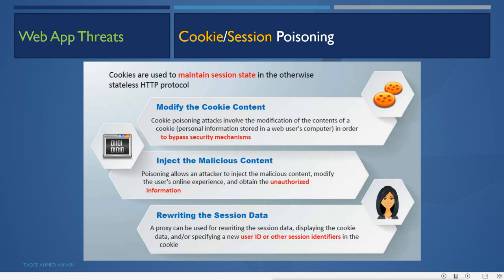Now when the user sends a request to the server, it goes first to the attacker machine, and with the help of Burp Suite type software, the attacker can see the request and modify it. That means it will rewrite the session data and send it to the server. For that it can rewrite the user ID or the session identifier also.